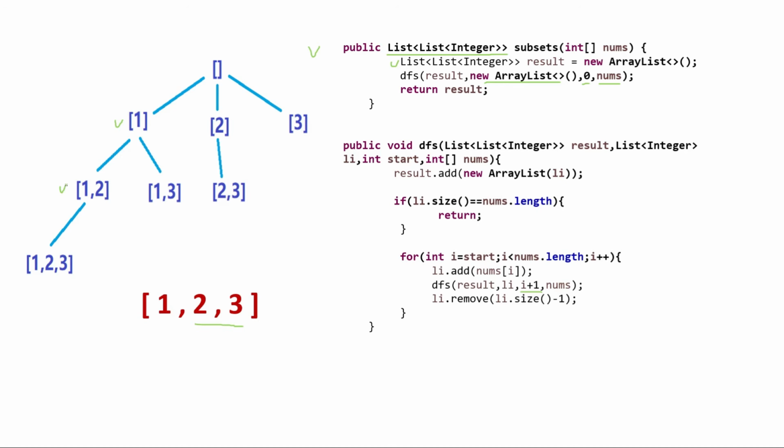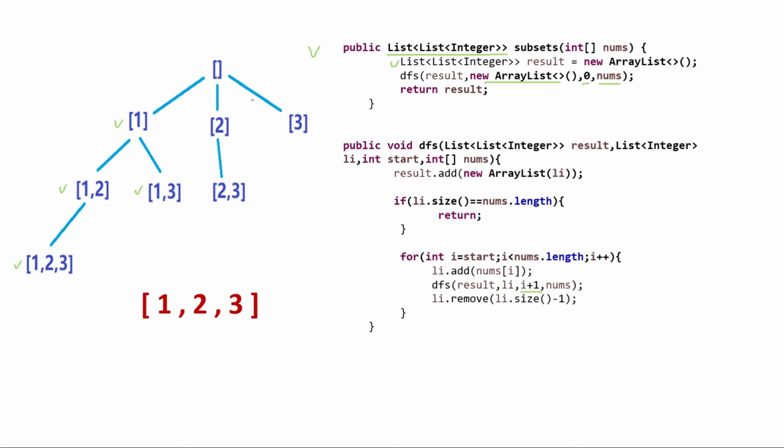So when we are at 1, 2, at that time we have to reduce our choice to 3, which is after 2. Similarly, when we are at 1, 3, after 3 there is no choice left. So that's why we have not grown further. That is the purpose of using this number index, from which we start the next level after that number, like i plus 1.